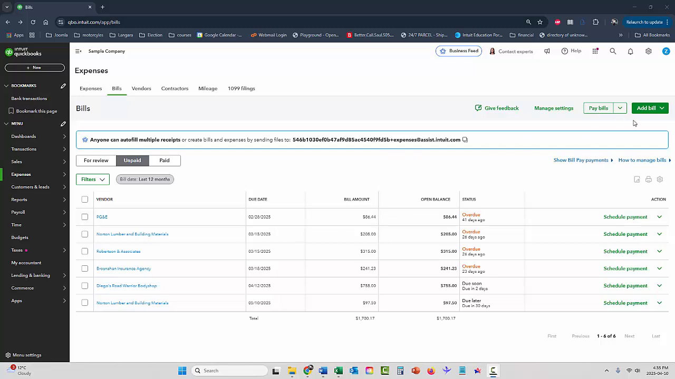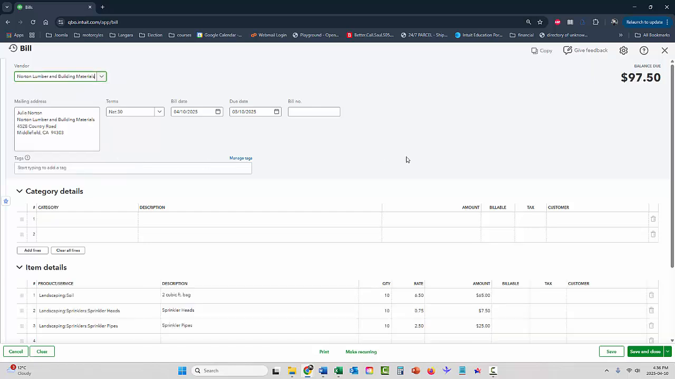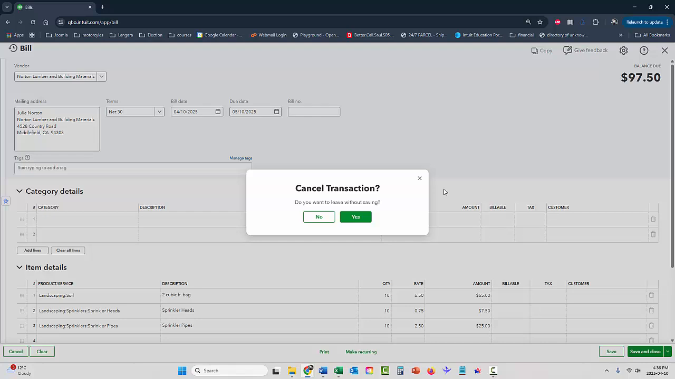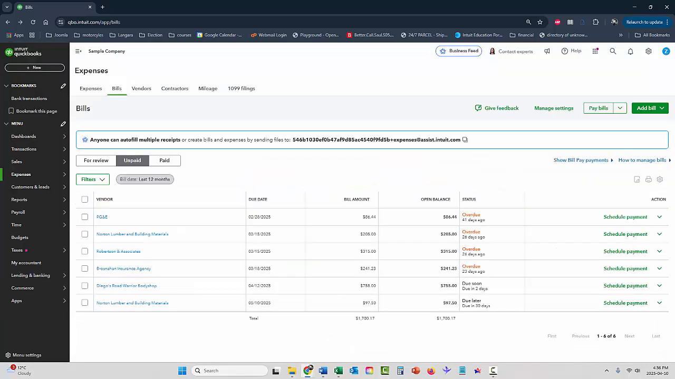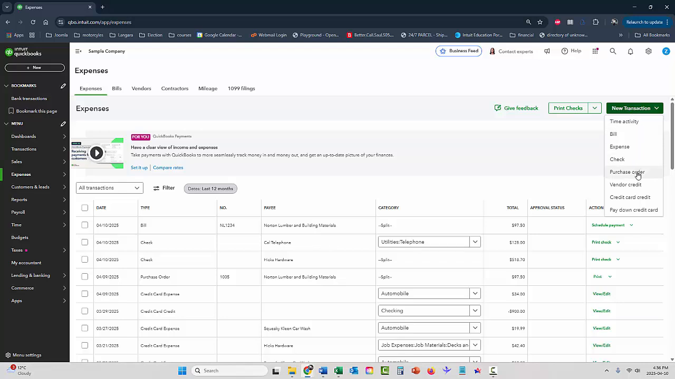So now if I create a bill for Norton Lumber, you see nothing pops up on the right hand side. This populates from the last one, but there's no open purchase order, so nothing pops up. So I'm going to create another purchase order. So I'll choose again expenses, new transaction, purchase order,